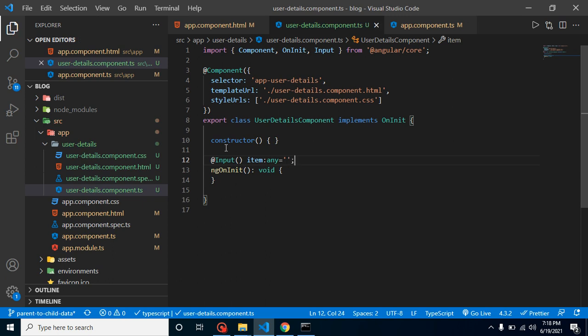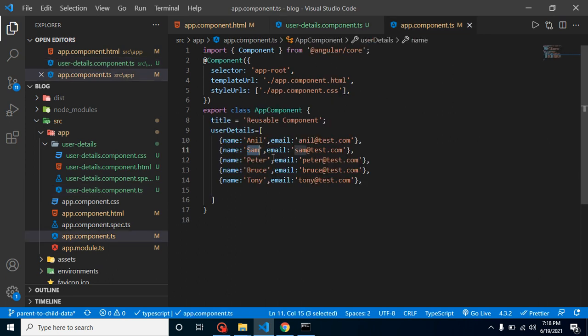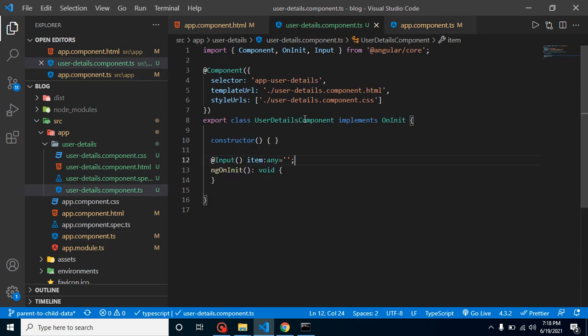This will also work, but this is not the right way to define the input. As you know, in every input we have a detail with the name and email, so we can define these details here, right?